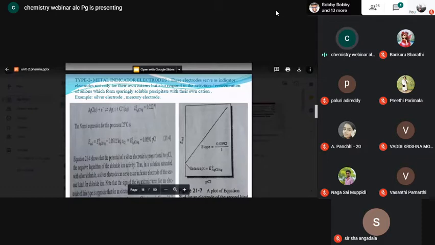The concentration of mercury ions will be drastically reduced, and finally the concentration of which ions will increase? Chloride ions will increase. As a result, what happens? The effect of mercury ions on the electrode will become zero. And whose effect is going to fall upon the electrode? Only the effect of the chloride ions is going to fall upon the electrode.